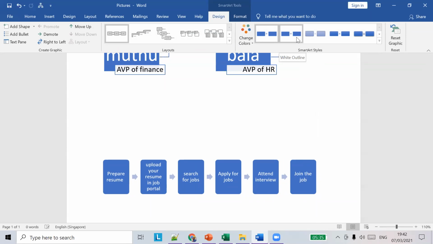That's how we can add another shape. This is called a process SmartArt. Okay, so this is how you can do it. So any doubts in this?